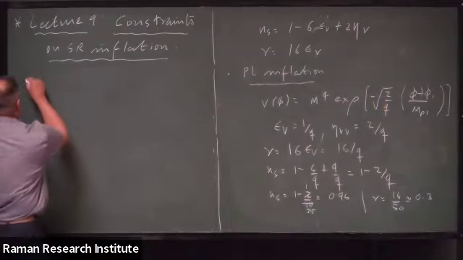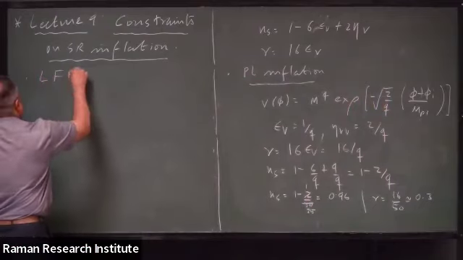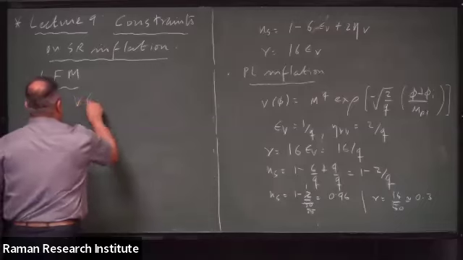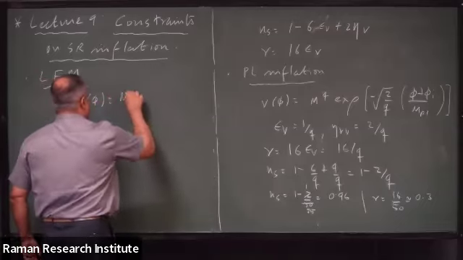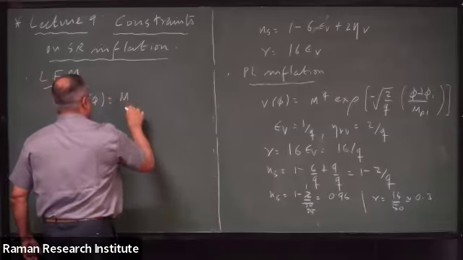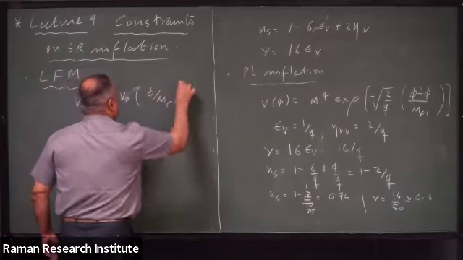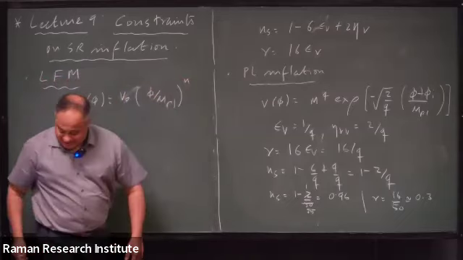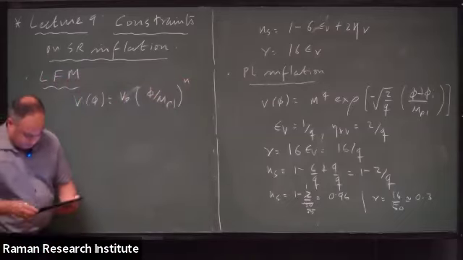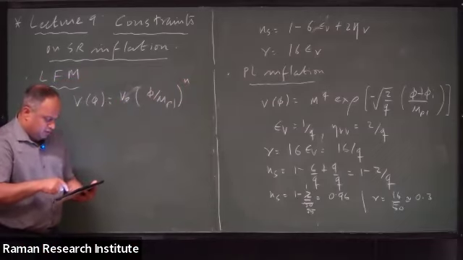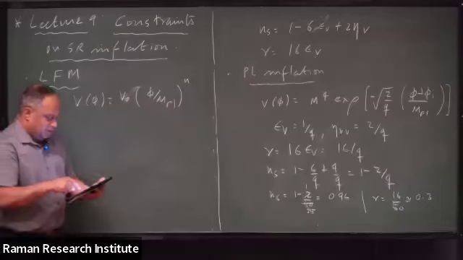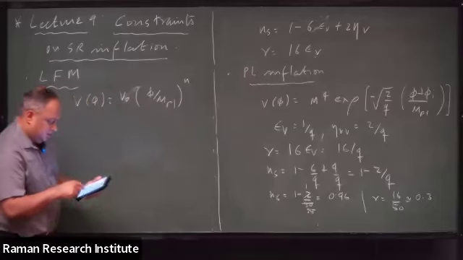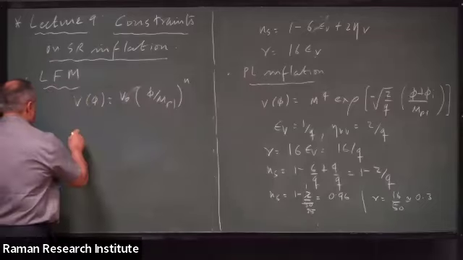Okay, so large field models. So what is this? We are thinking of potentials of the following form: V equals m^4 (phi/mp)^n, or V_0 mp^4 (phi/mpl)^n. We had seen these cases earlier. So what do we need to do? We need to calculate. We know how to obtain the solutions. Okay, so remember, we had seen